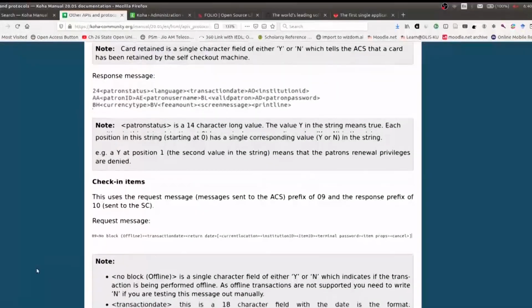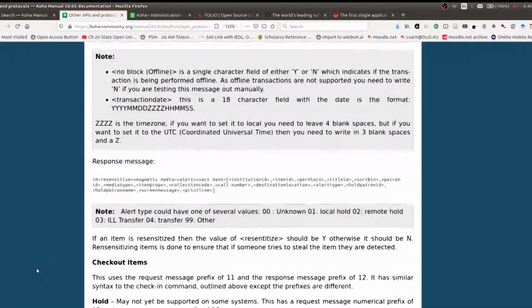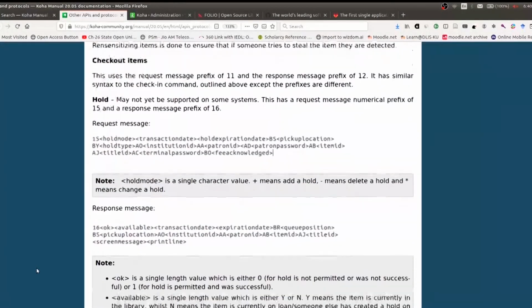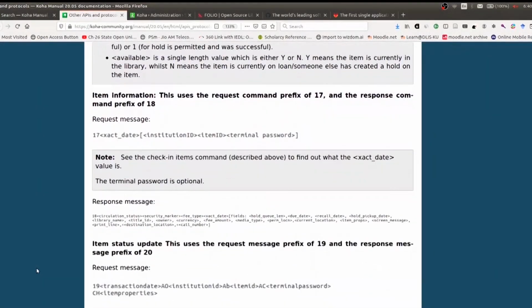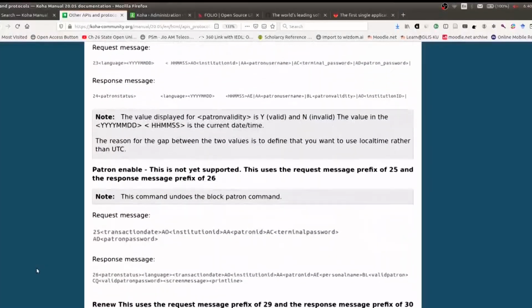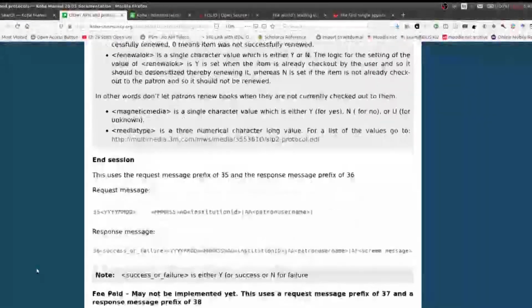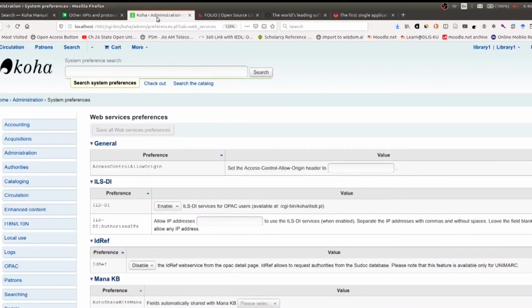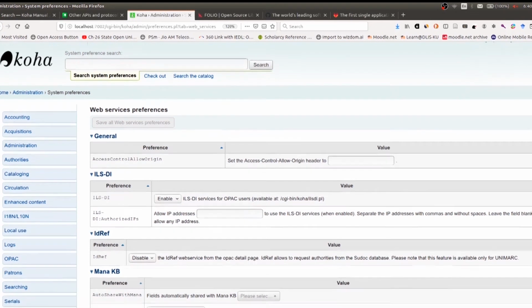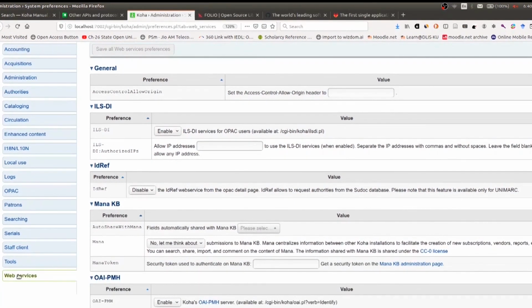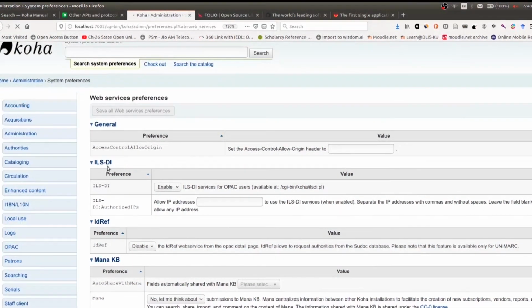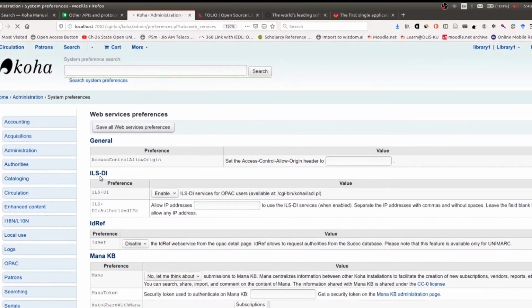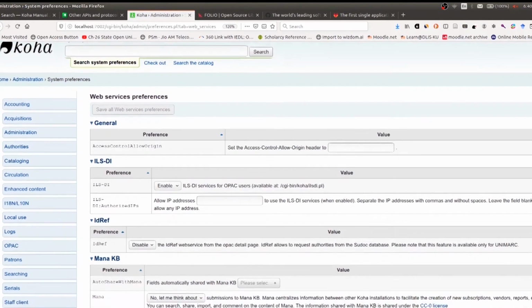You can go to the Koha manual and search for what other protocols and open APIs are supported apart from standards. I am not going through it now. Now, if I come to an installed version of any Koha instance, and if we go to the global system preferences and click web services, you can see by yourself that it supports ILS-DI, integrated library system discovery interface.